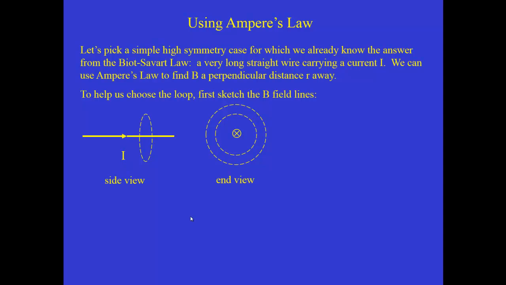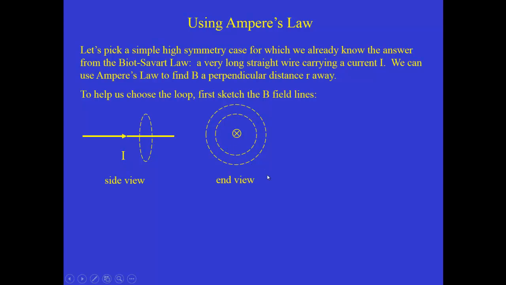Why do we draw these lines? These represent the magnetic field, right? We know from the Biot-Savart law that the magnetic field of a long straight wire makes circular loops around the wire. And so the end view, which would be looking at this wire from the left-hand side, we would see the current in the middle going away from us, and the magnetic field lines would be these concentric circles centered